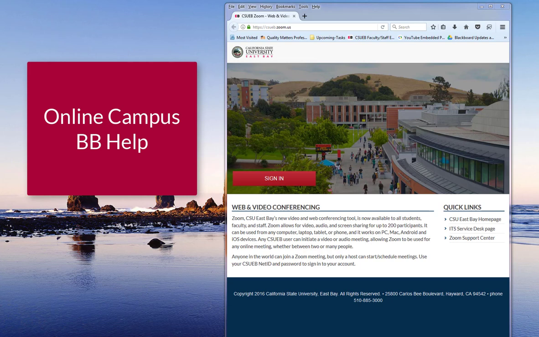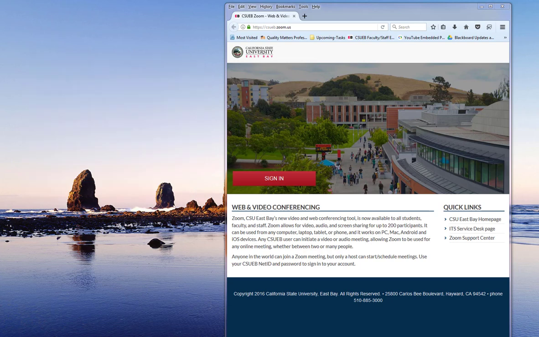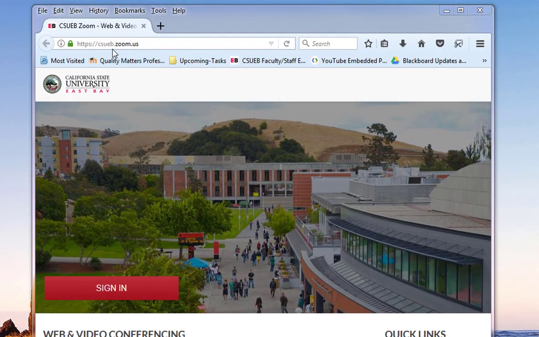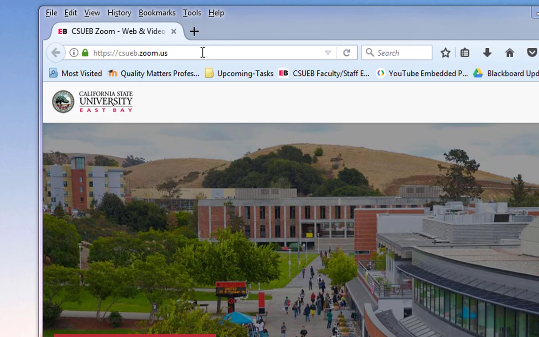I'm just going to explain very quickly how to use Zoom to record an interview. And we're going to start by showing you just quickly how to set up your own Zoom Pro account that's affiliated with Cal State East Bay, in fact, the CSU system. Just type into your URL line